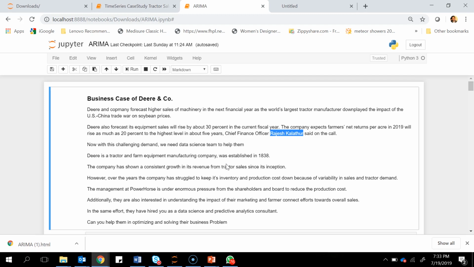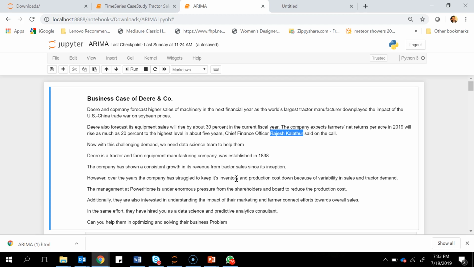So it is important for us to first understand the kind of growth or decline in the number of tractors that should be manufactured, or the tractors that should be sold in the upcoming year, so that the company can factor these things into their production, into their inventory management, as well as into understanding their connect with their different farmers, and the impact that it eventually will have on marketing, right?